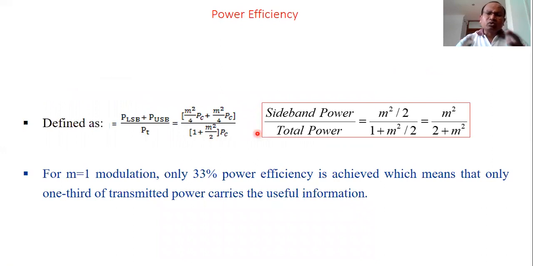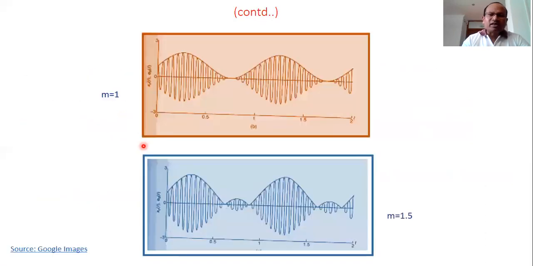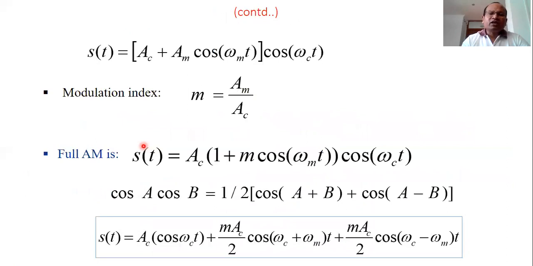Now, related to the spectrum analysis and amplitude representation, let us discuss power efficiency. What is power efficiency? Power efficiency is nothing but how much power is there in the sideband divided by how much is the total power. Now, how will we calculate sideband power? Look at here. In communication systems, we calculate power as a normalized power, that is RMS power. So how will we calculate power here?